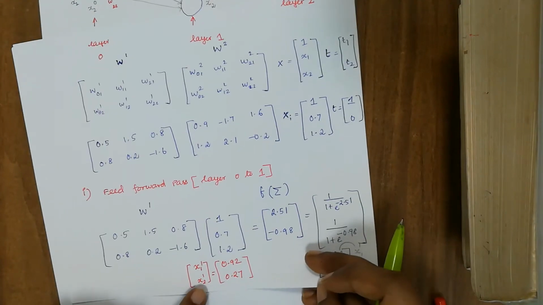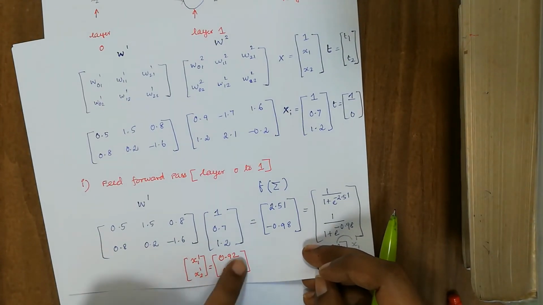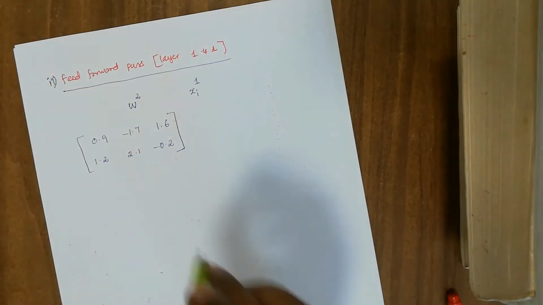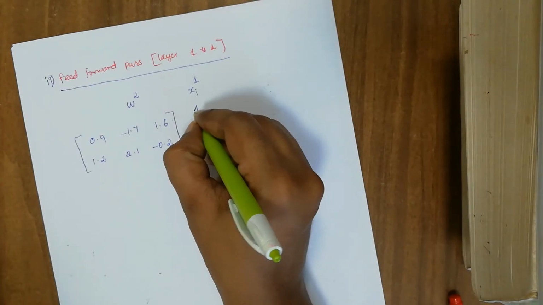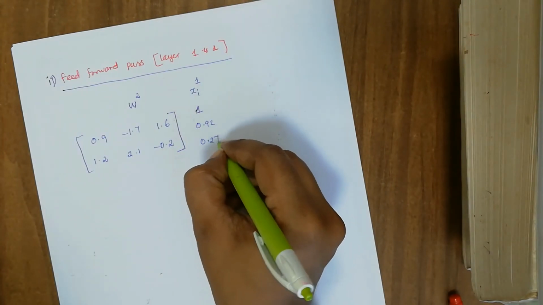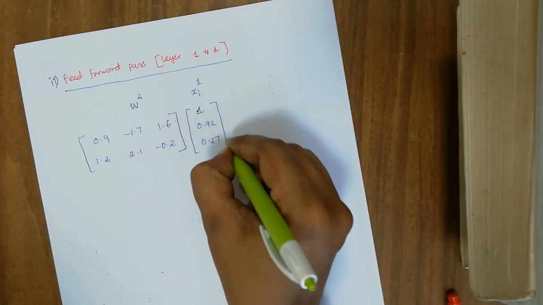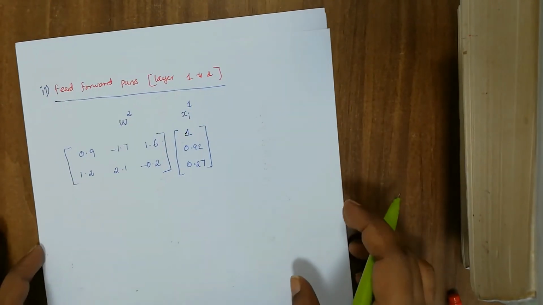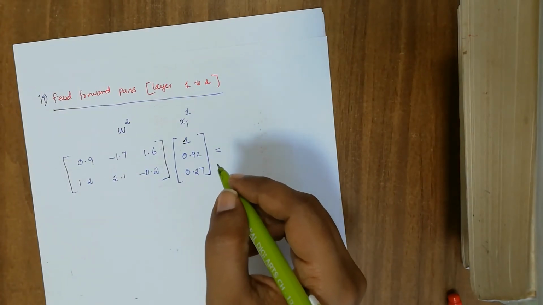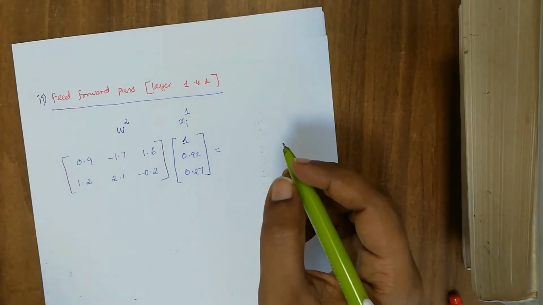The x11 and x21 value that we have computed right now is 0.92 and then 0.27. So that we have to append over here. So 1, 0.92 and then 0.27. So this we have to compute,